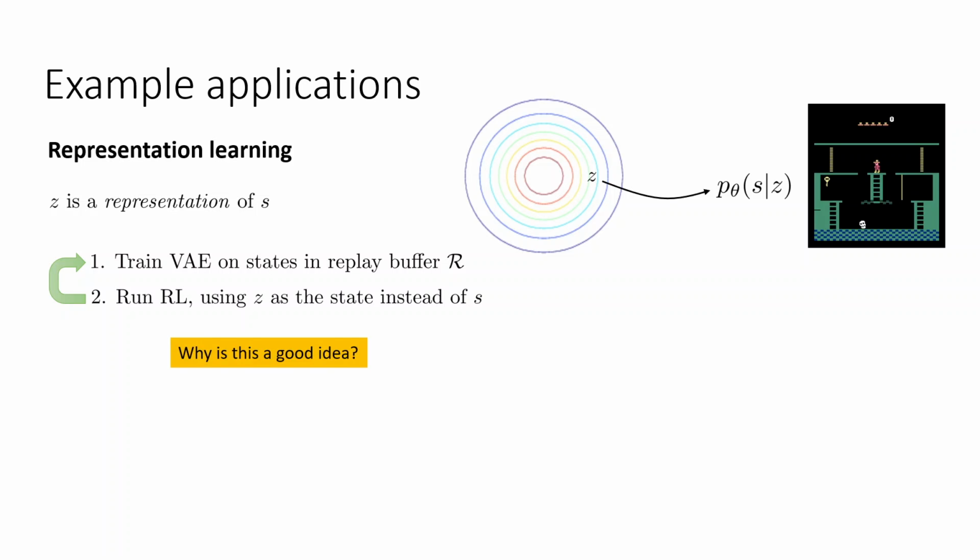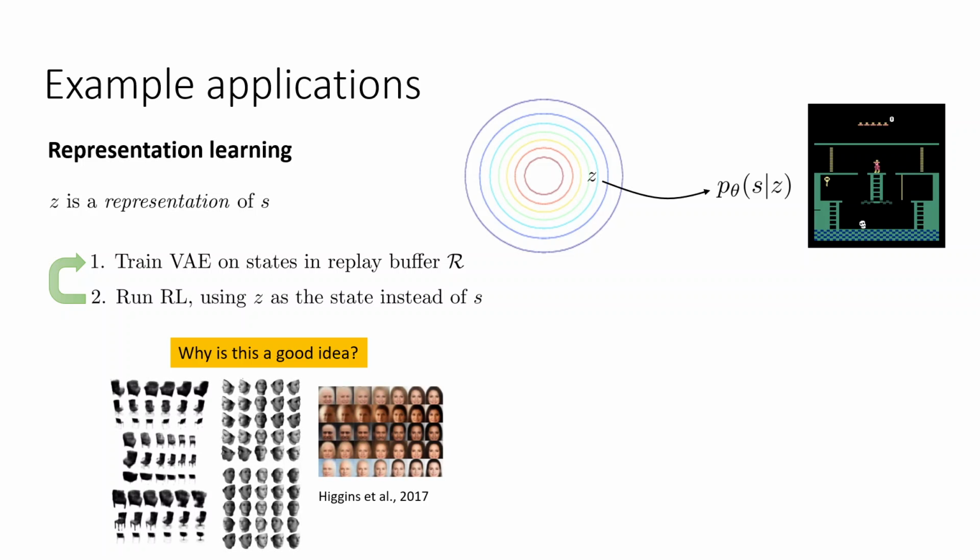Now, why is this a good idea? Why might we expect these z's to be better state representations than the states themselves? Well, the idea is that a variational autoencoder, because it learns these z representations that satisfy an independent Gaussian prior, meaning that every dimension of z is independent of every other dimension, should lead to better disentanglement of the underlying factors of variation than the images themselves. Imagine this image from Montezuma's Revenge in the top right. The individual pixels that correspond to that character, the player character,